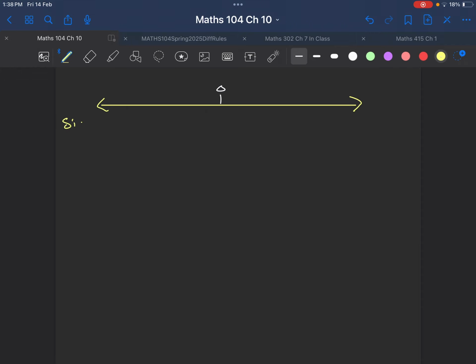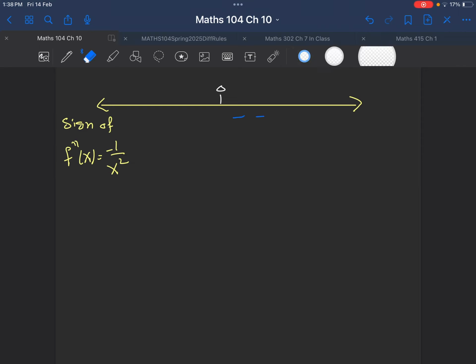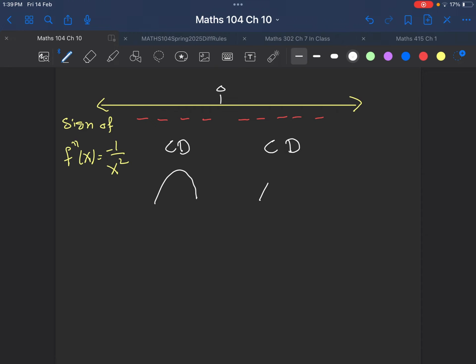That's the number line. We write 0 here. And remember, we need to find the sign of f double prime of x, which is negative 1 over x squared. Now, if we do that correctly, we need to take a test number, substitute x equal to 1. This will be just all negative. Take any number here, for example, minus 2. If you substitute it, this will be also negative, which means this is concave downward,